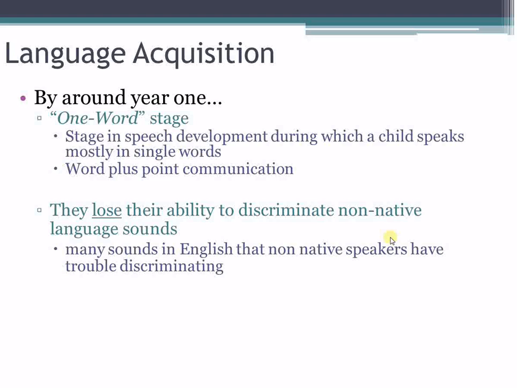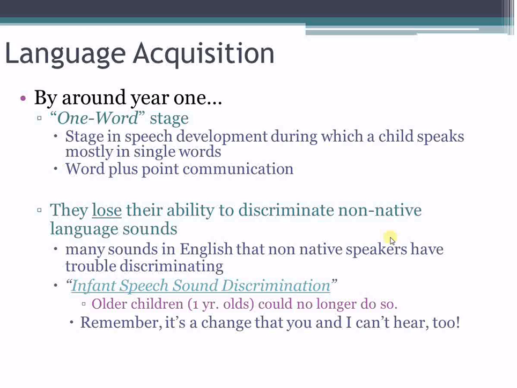Now, at 1 year, as I said, they lose their ability to discriminate between non-native language sounds. And around this 1 year old, the kids start speaking in one word, speaking in one word sentences. They're not really sentences if they're one word, but they start speaking using single words. We often talk about this as sort of word plus point communication. You can imagine the baby says milk and then points at the milk. So around 1 year,